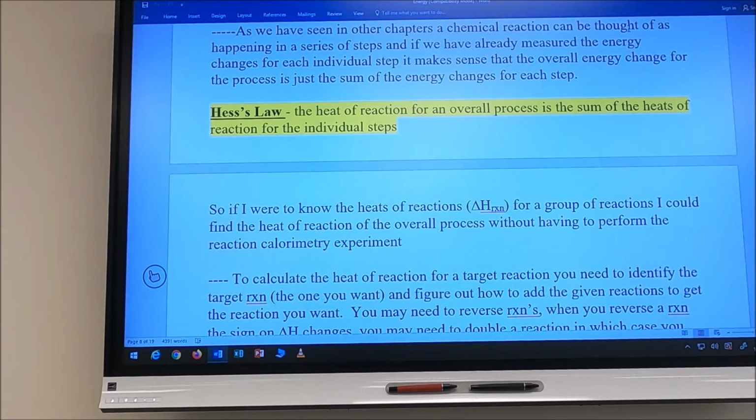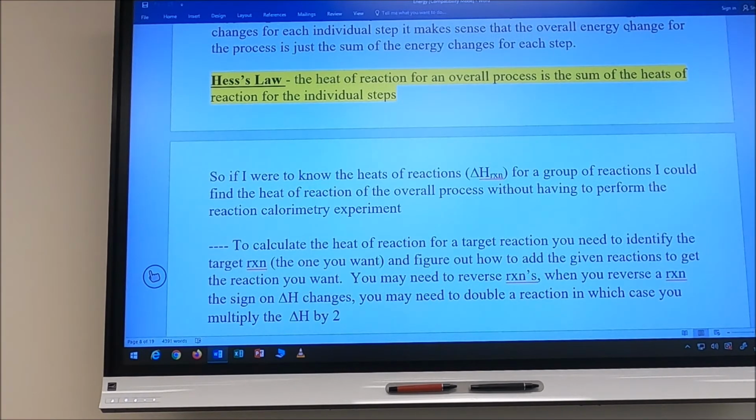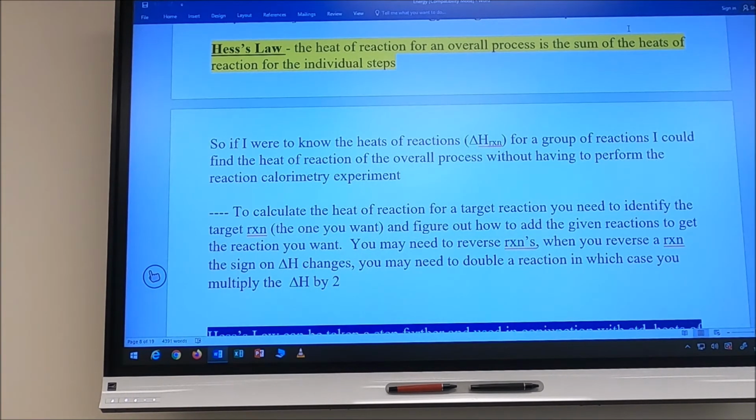So if it takes 3 joules to do the first step and you release 7 joules in the second step, the sum of those two would be a minus 4 joules released overall. So if we were to know the heat of reactions of a group of reactions, we could find the heat of reaction of our overall process